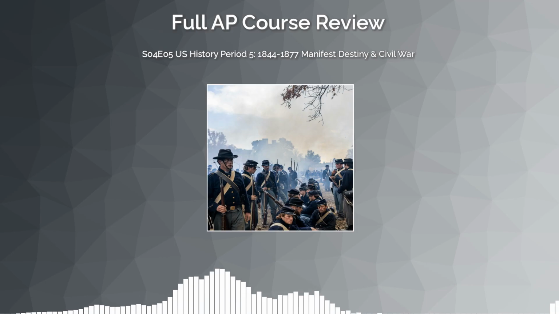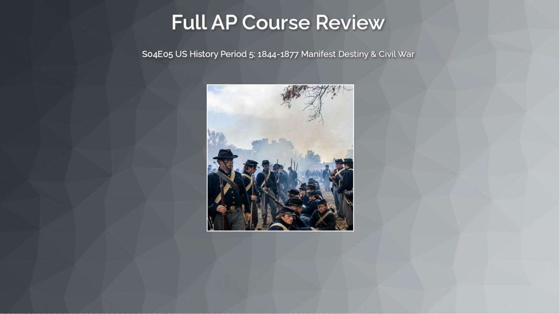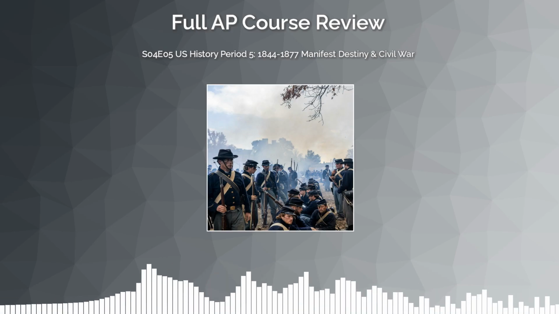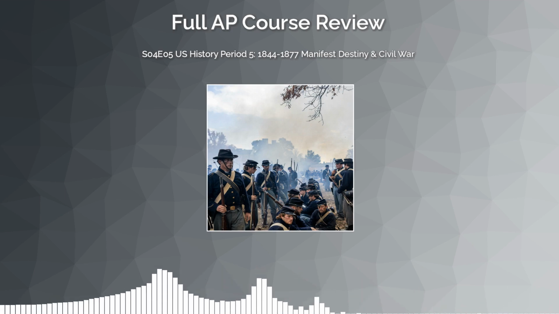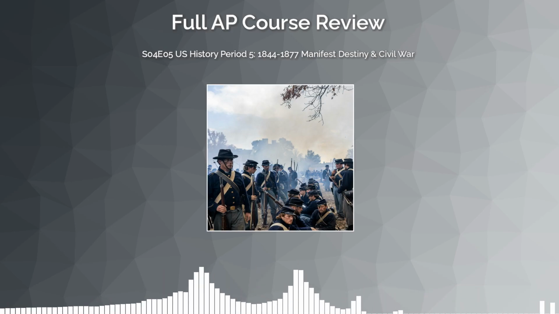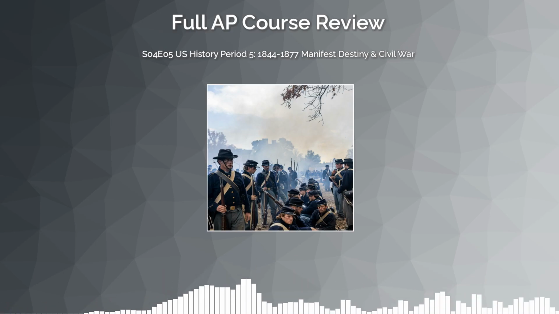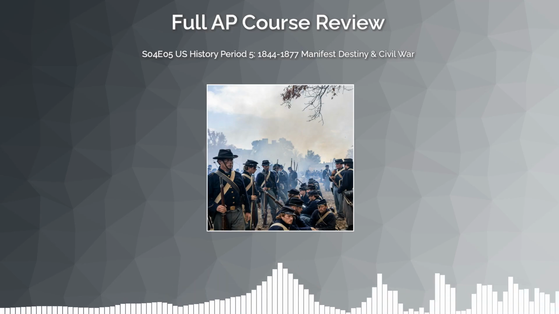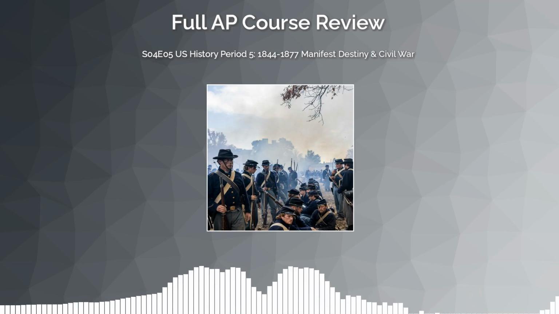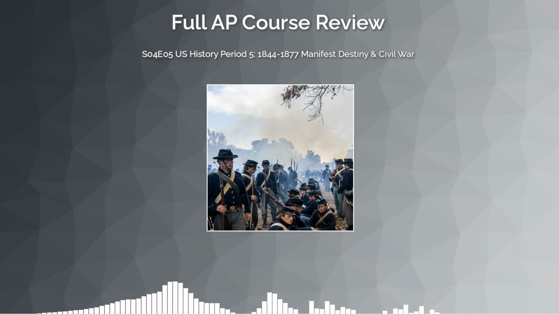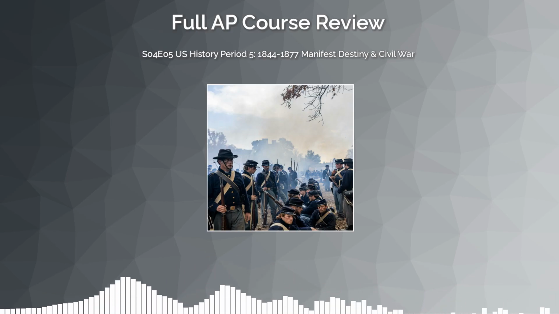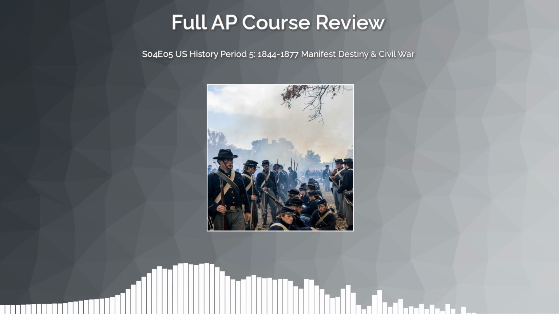Then in United States v. Cruikshank, 1876, the court ruled that the federal government couldn't prosecute private individuals, as opposed to state actors, for civil rights violations. This gutted the enforcement acts that had been used to prosecute Klan violence. Imagine passing a law against a crime and then watching the court say, sure, but you can't actually enforce it. That's the practical impact of these decisions. The AP exam loves to ask about the role of the Supreme Court in undermining Reconstruction, so know these cases and what they limited.